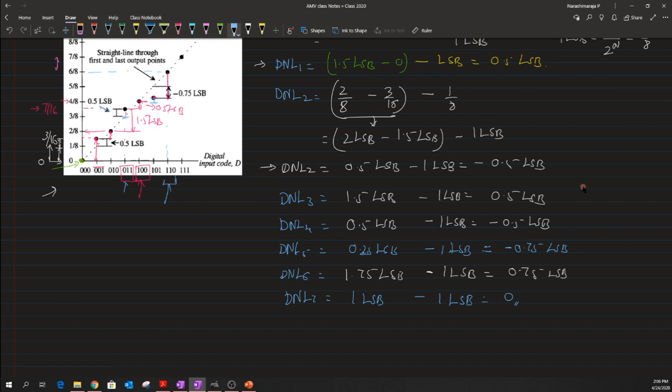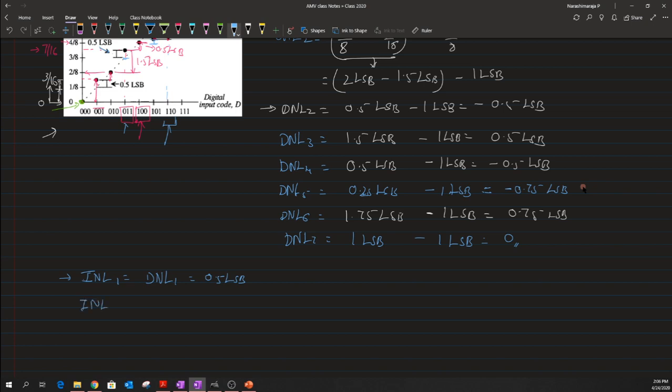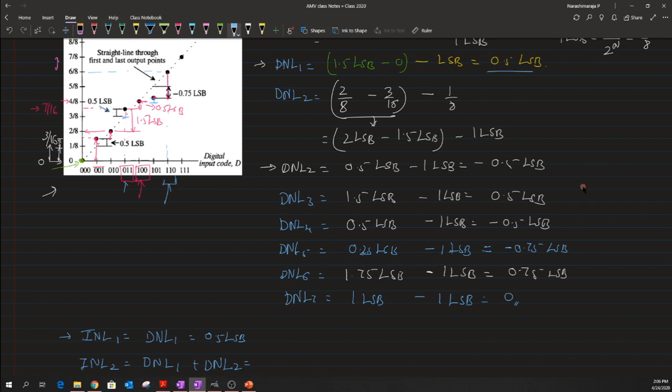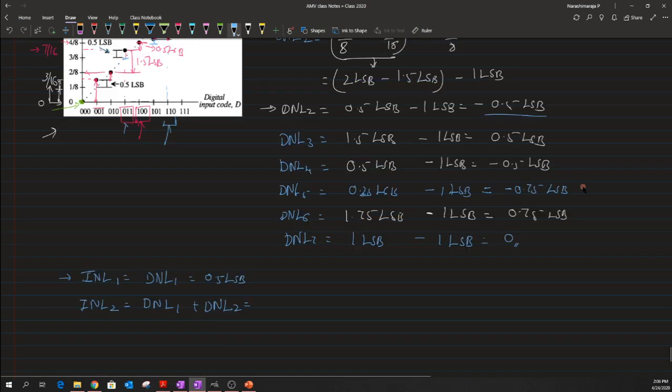Now the way that one could evaluate the value of INL is, as I said, I will begin with the value of INL 1, which is basically the quantity of DNL 1 itself, and that is equal to 0.5 LSB. The second is INL of 2, and it's basically a summation from DNL of 1 all the way to DNL of 2. So the summation of these two quantities, 0.5 and minus 0.5, will end up having a value which is